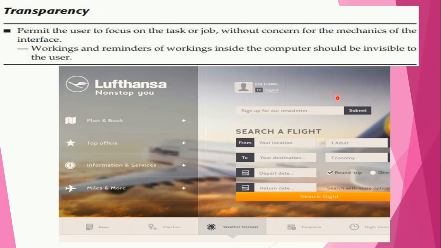Maybe here this particular user interface is for searching a flight. The task is made easy, with options for the location, destination, departure date, return date, adult, economy, like this. It's all in a very structured manner. So here the user will be allowed to use the system without focusing on the technical details of the system.